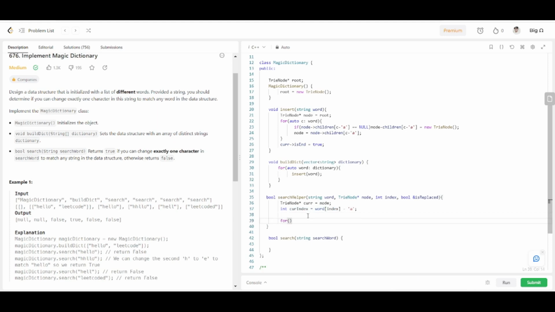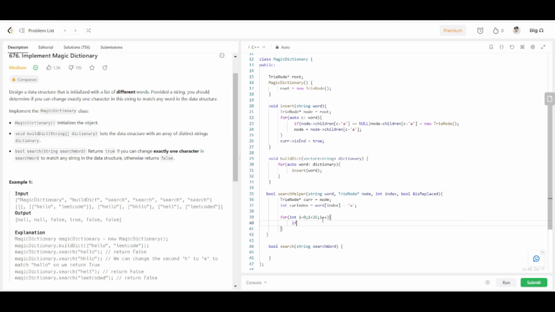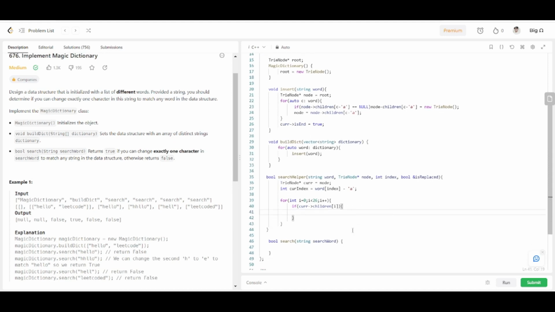Now iterate over all of the 26 characters, all of the 26 positions. Check if the particular child is present. If a particular child is present, so I'm starting from the node, I'm standing on a particular node. I want to check whether a particular child is present. If it is present, then check if it is the same, if the child is the same as we have index